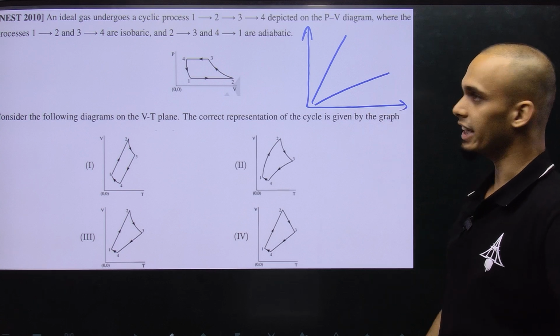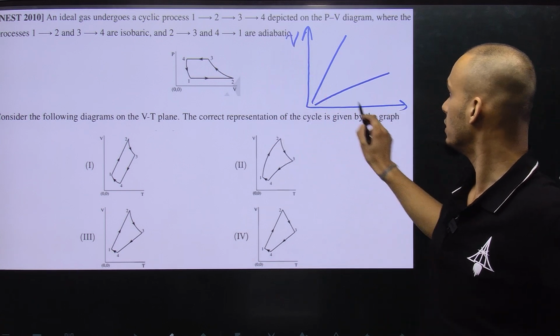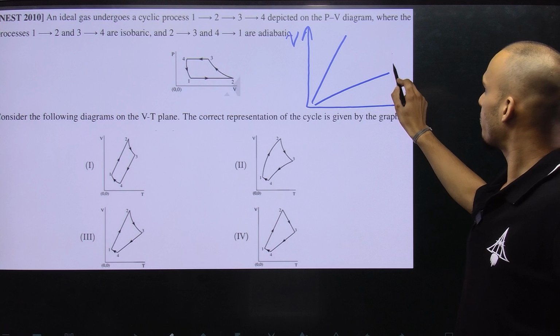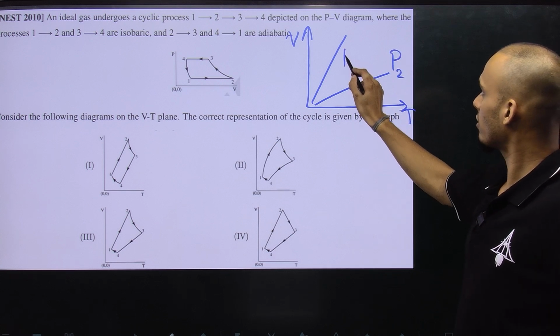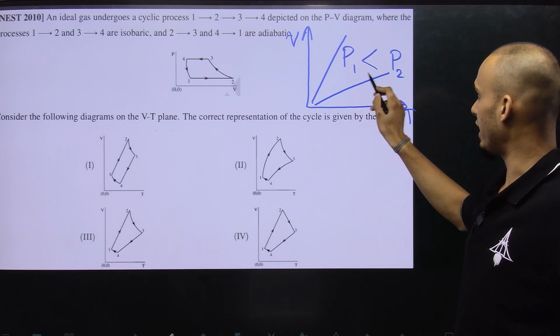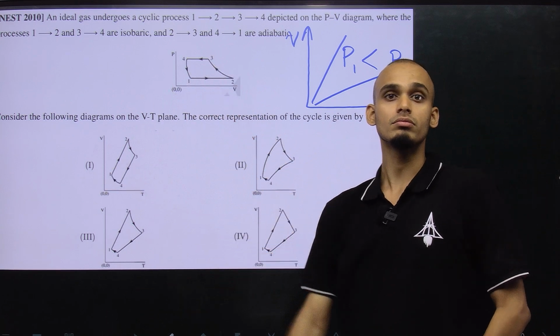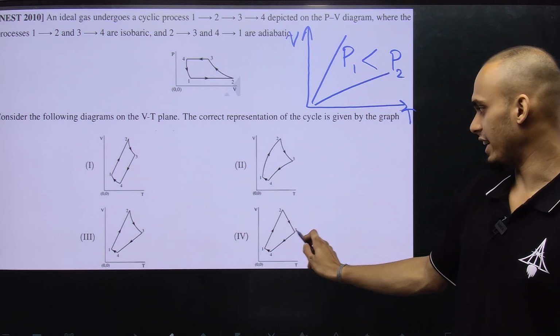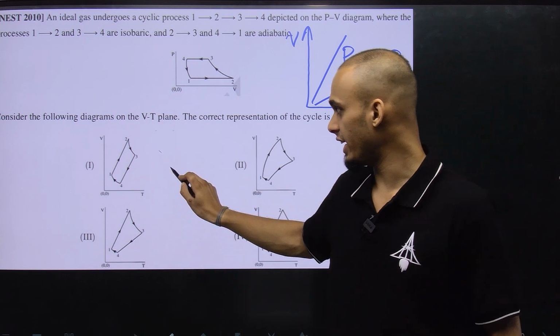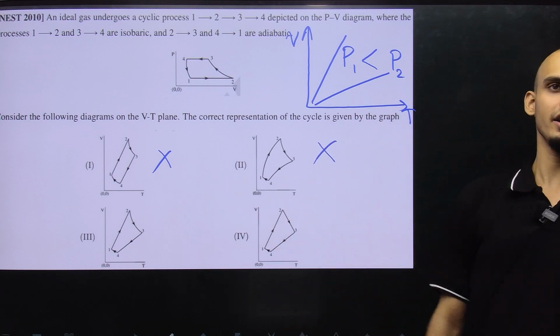They are straight lines such that this is V and this is T. Then pressure at this point P2 will be greater than pressure at this point P1. This is how isobaric processes are represented on VT diagrams. So processes 1-2 and 3-4 should be straight lines along the origin. So option A and B are immediately